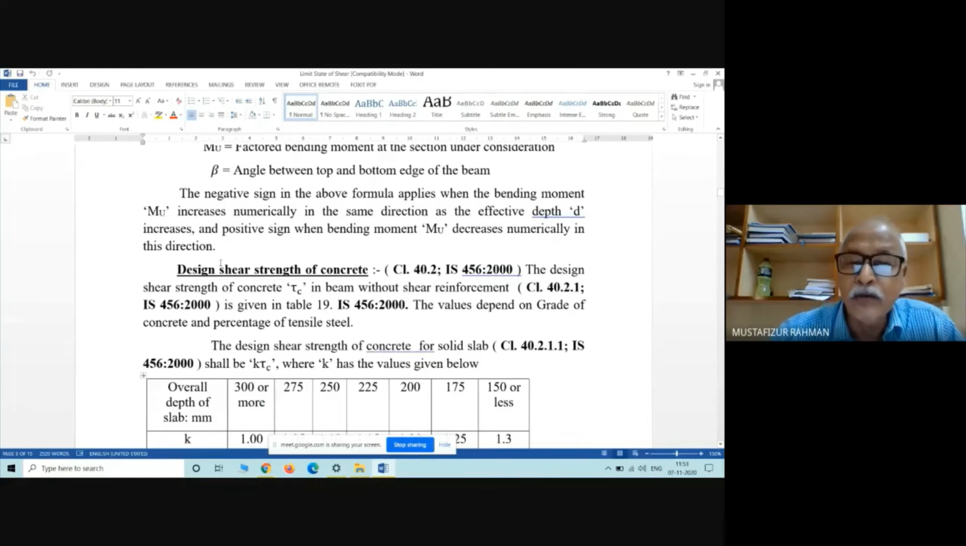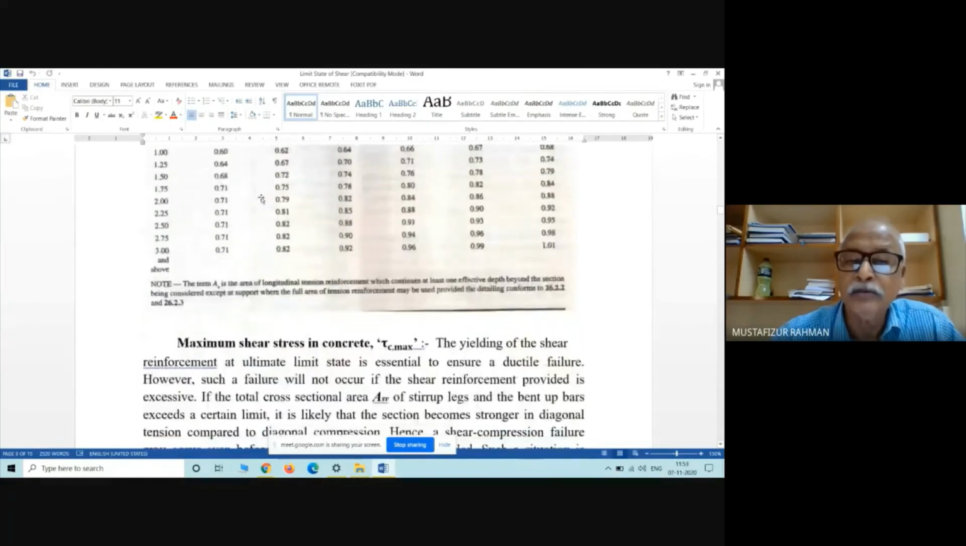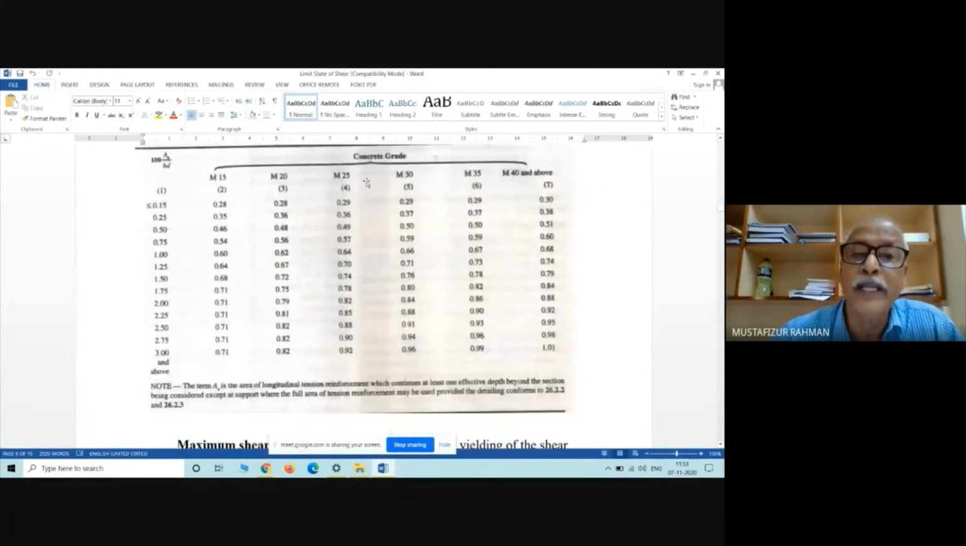So how to find out tau C? This table in the IS code will be available in your hand. It will be permitted in your exam. From here, we will be able to find out the tau C. So if tau C is greater than tau V, no shear reinforcement is required. But if tau C happens to be less than tau V,